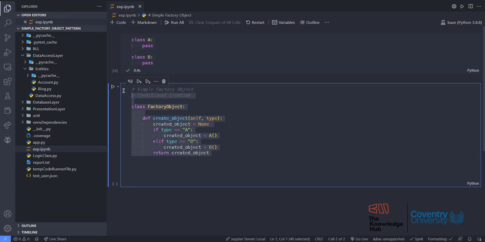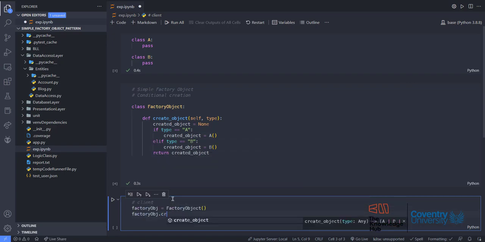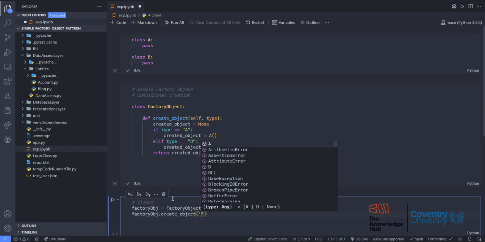And this is all what the simple factory is about, right? So if I want to try that, we can just say that I'm going to create an object of the factory. I'm going to say this is my factory object, and this is my client because I'm just trying things out here. So if I have the factory object, I can just say create object, and based on the passed argument,